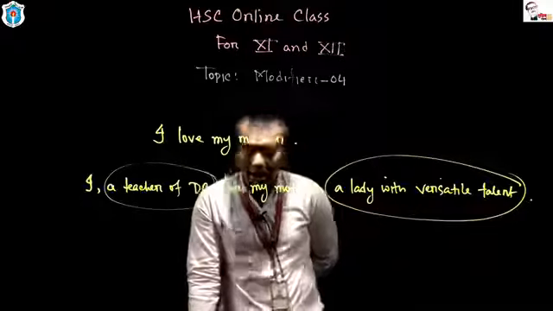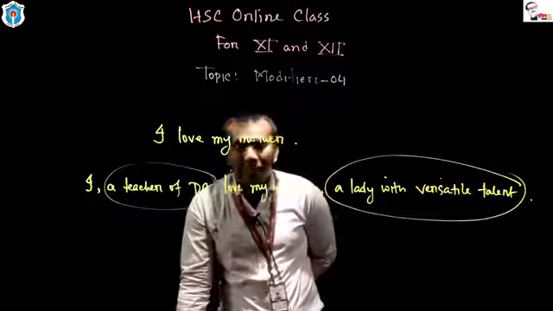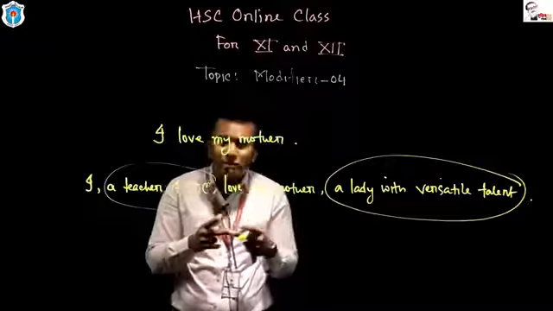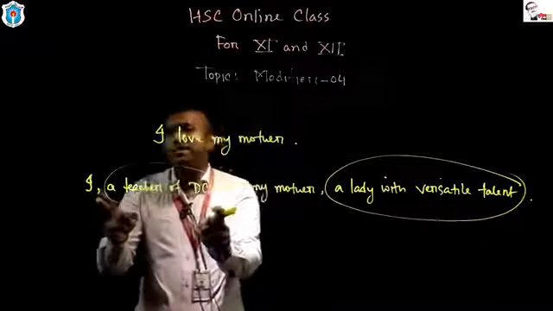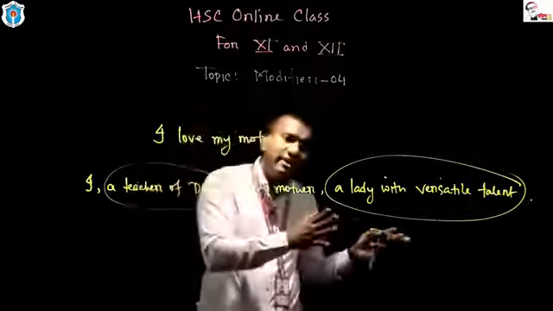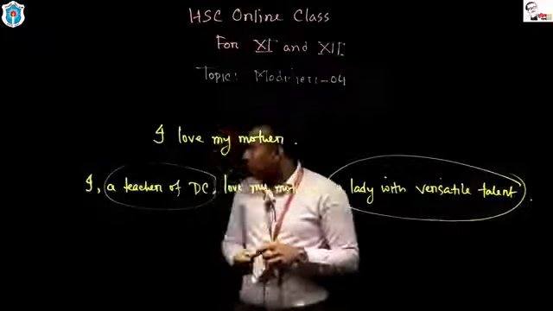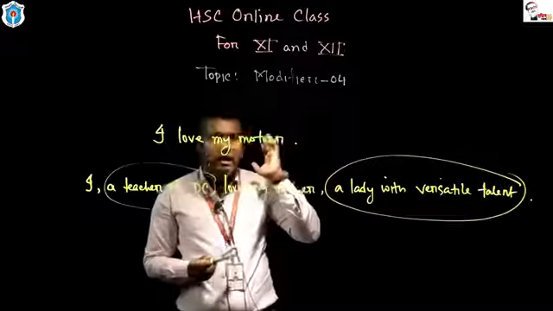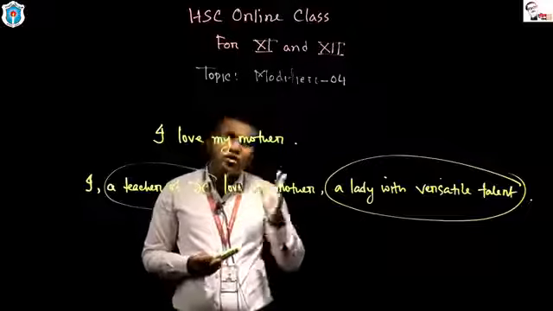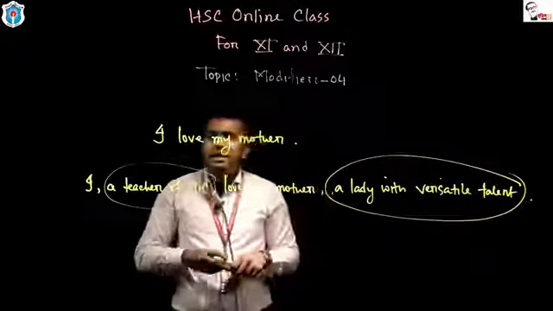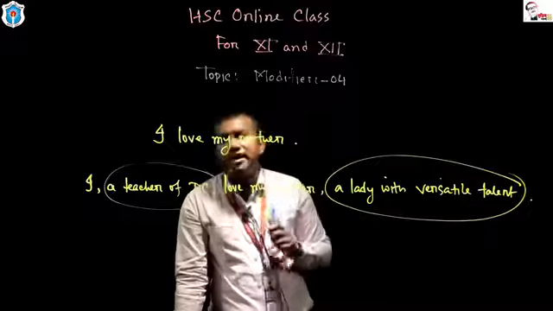Okay, and in order to express an appositive, you have to use a comma. If you use an appositive in the middle of a sentence, you need to put two commas. But if you use it at the end, you have to use one comma, and then the full stop. So an appositive is a noun or noun phrase, and it gives additional information regarding a noun or noun phrase